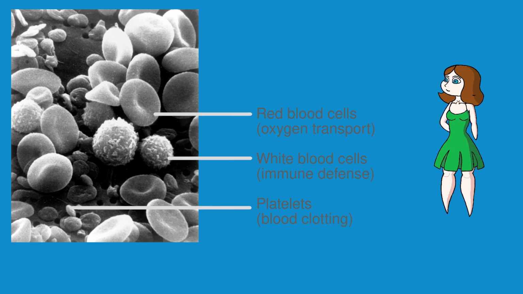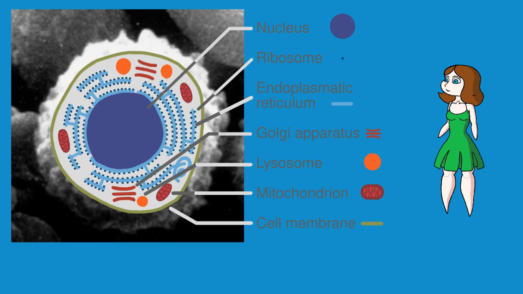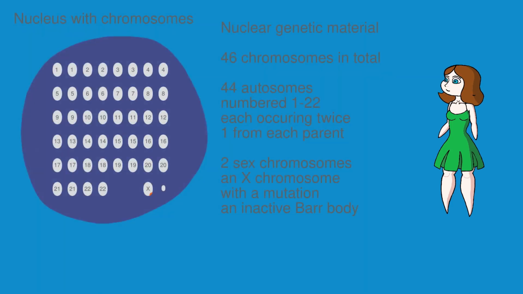Red blood cells and platelets are highly specialized cells that differ in many ways from regular cells. For example, they don't even have nuclei, making them useless for our study today. White blood cells, however, have everything we need to explain Fabry disease in practice. When we cut this white blood cell in half, we see all the different parts we discussed in our last video. Again, we'll start with the nucleus and its 46 chromosomes. There is, of course, a 50% risk that the mutated X chromosome was inactivated as a bar body, but luckily for us, that's not the case here.